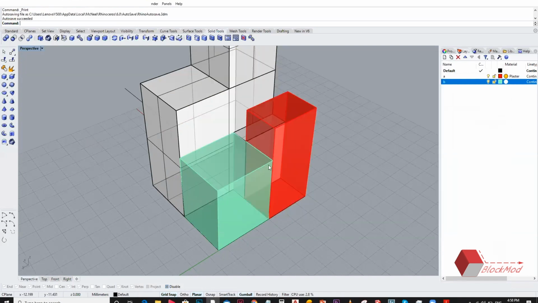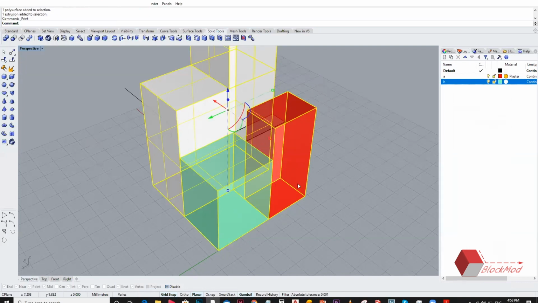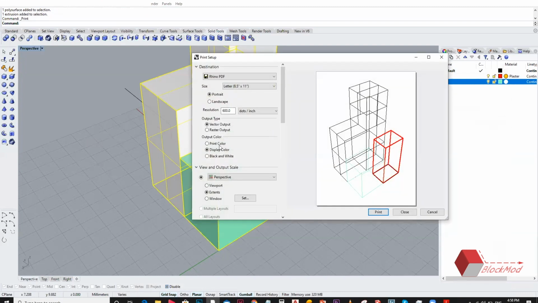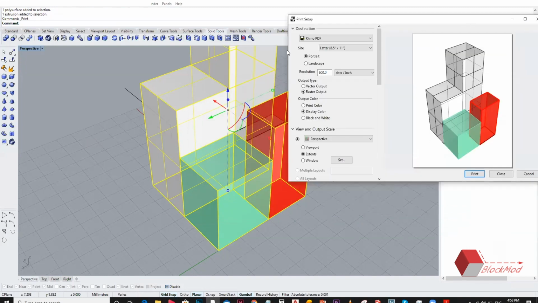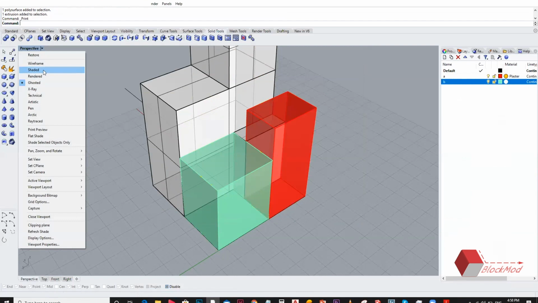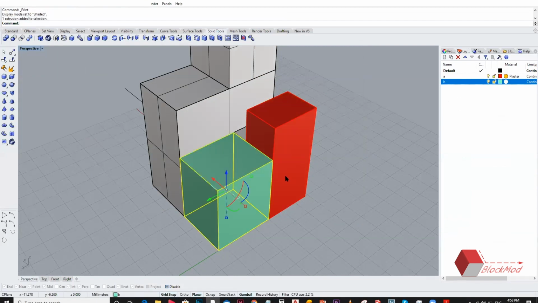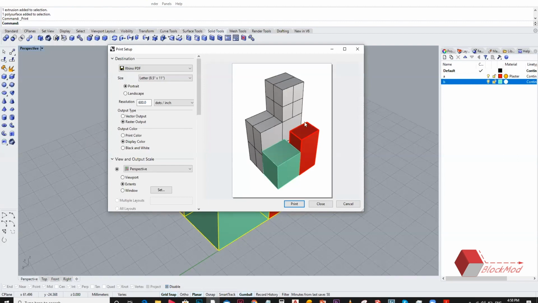Keeping this PDF aside, I can also get one more print, or one more graphic output from such a small model. So this display, yeah, this one. Display color is actually whatever style you give it. Right now I gave the ghost style. That's the reason you can see a transparency in between. If I change the style of this and say shaded, again I select all of it, Control P. Yep. See, now the entire drawing gets shaded.